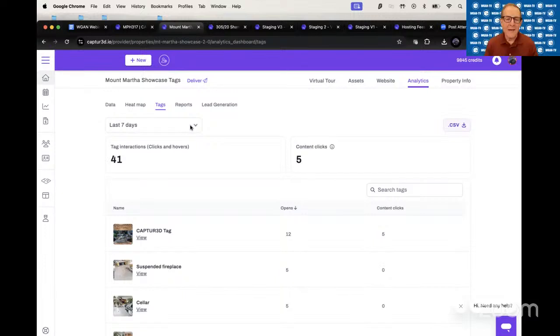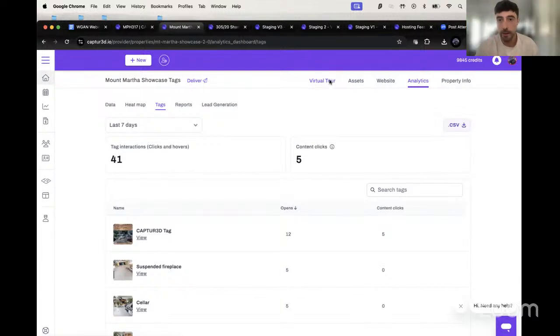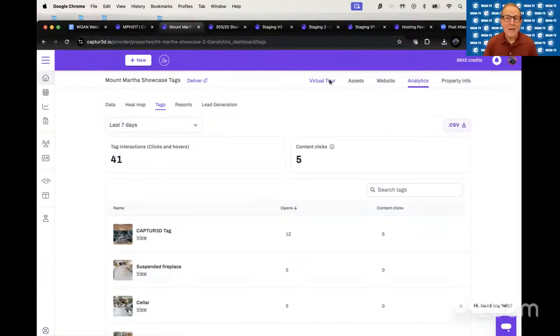Would you mind taking us into an example Matterport tour powered by Captured, where you can show us examples of, I would call it media-rich tags that can be added? Yes. So not the back-end dashboard, but an actual tour.